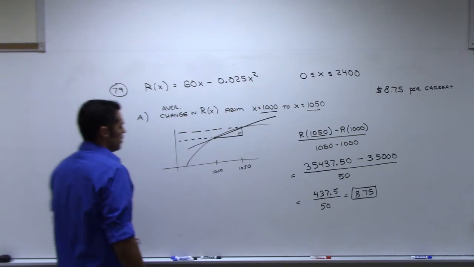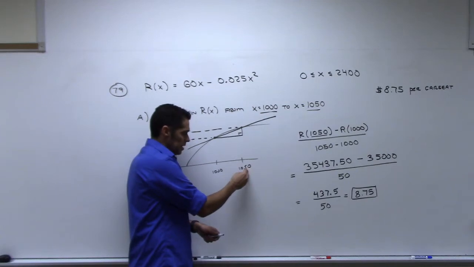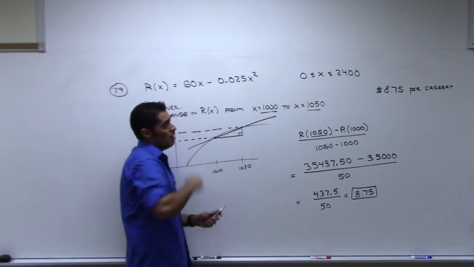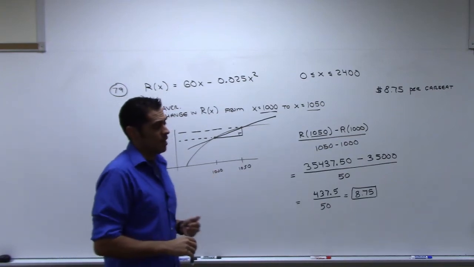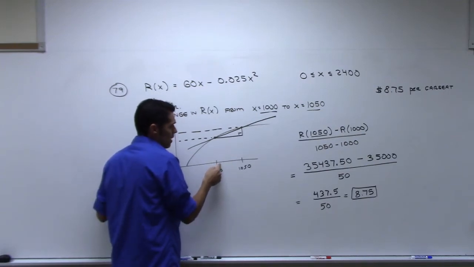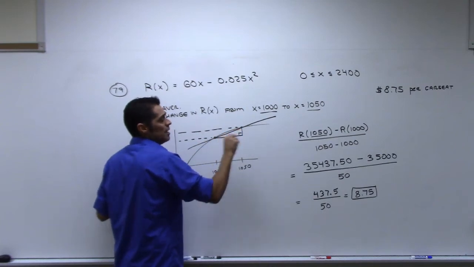So if you're going from selling 1,000 car seats to 1,050 car seats, our revenue is changing on average of $8.75 per car seat. So if I increase the number of car seats by 1, on average, not following the graph, but on average, it's going to change by